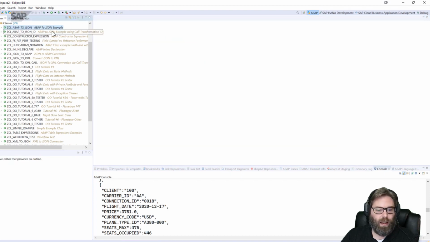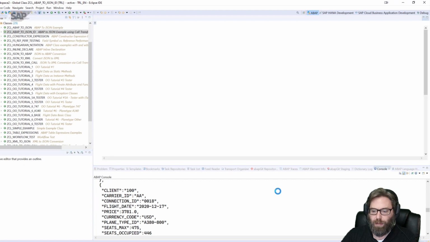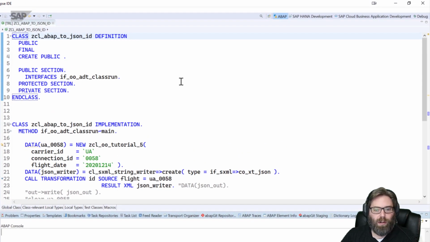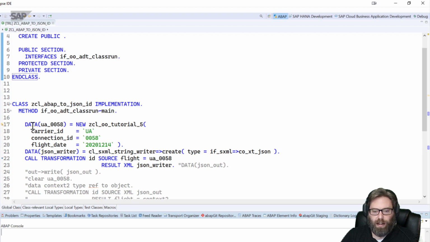So I've prepared another example here. Let me just clear that out. And what we want to do this time, instead of reading data into an internal table, is we want to create an instance of a class. And I'm just reusing this OO tutorial class,